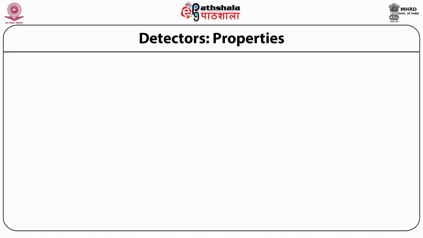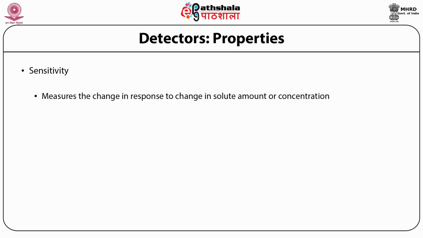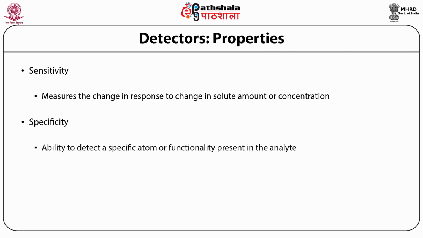The properties of the detector are sensitivity and specificity. Sensitivity of the detector is to measure the change in response to change in solute amount or concentration. The higher the sensitivity, the better one can differentiate between two small changes in analyte compounds. Specificity, on the other hand, is the ability of the detector to detect a specific atom or functionality present in the